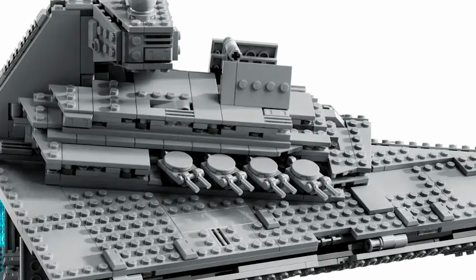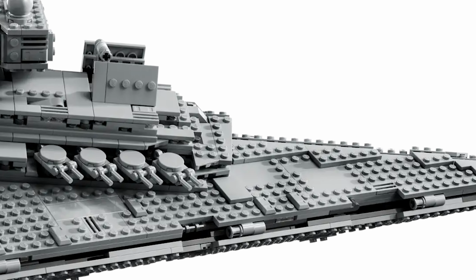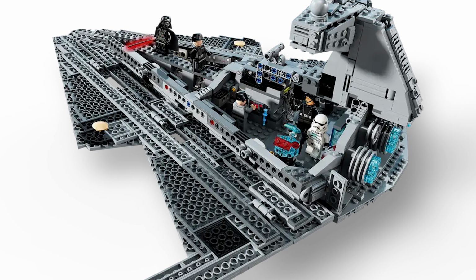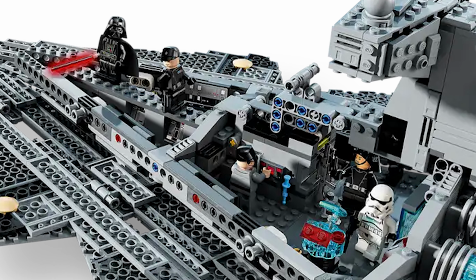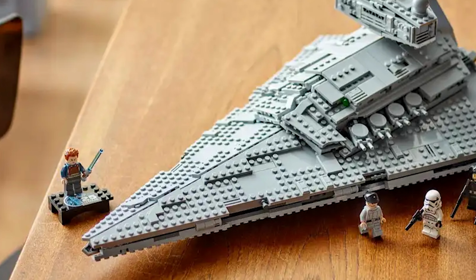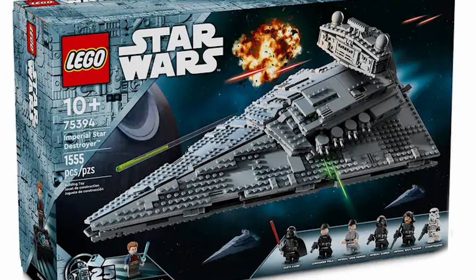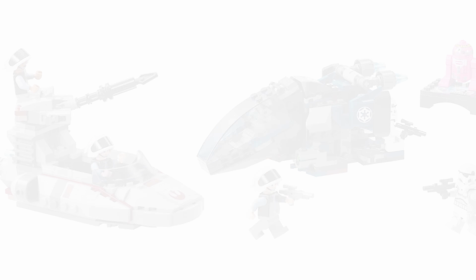I love the detailing on it. It is a bit smaller than previous Star Destroyers that we've had, but it's still great. There's plenty of room on the interior. The minifig selection is great, and for $160, I don't think you can go wrong with this set. I knew a playscale Star Destroyer was long overdue, and LEGO really delivered on this one. I feel they hit a home run with it, and I can't wait to see what future Star Destroyers look like. With so many amazing anniversary sets and minifigs this year, I can't wait to see what happens for the 30th year